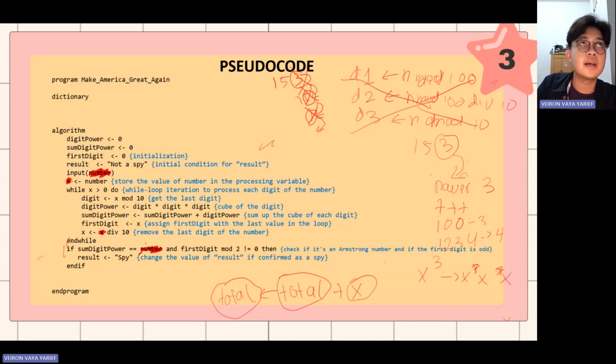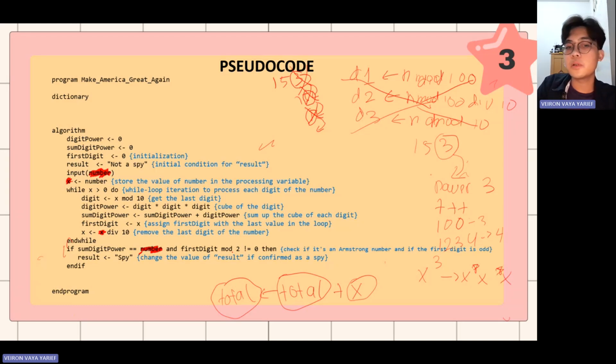But the request of the question, whether it's a spy or not a spy, is that it needs to take the first digit, and if it's an odd number, then we change it to become a spy. So result equals spy if the first digit mod 2 doesn't equal 0. If it equals 0, it's an even number.